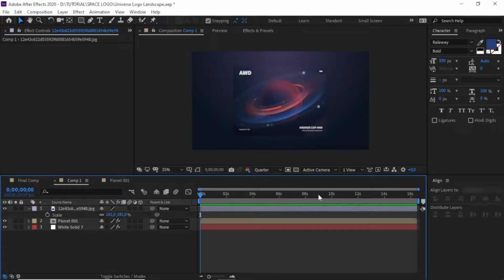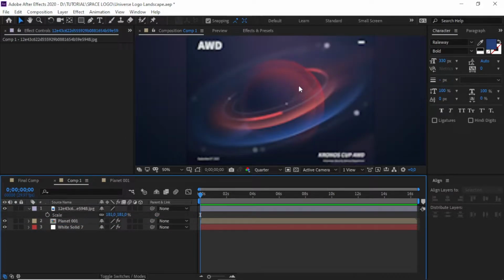In our reference, the planet has some kind of rings, many rings, 1, 2, 3, 4, 5, 6 rings, and one that looks like an atmosphere, I think. So we can create the red ring first.